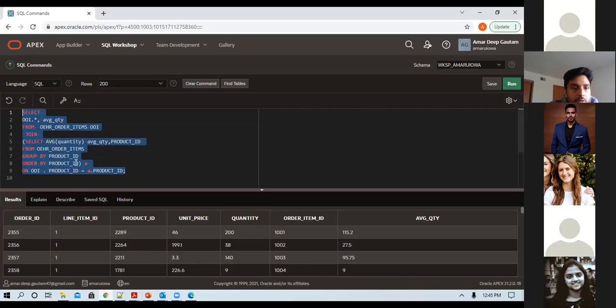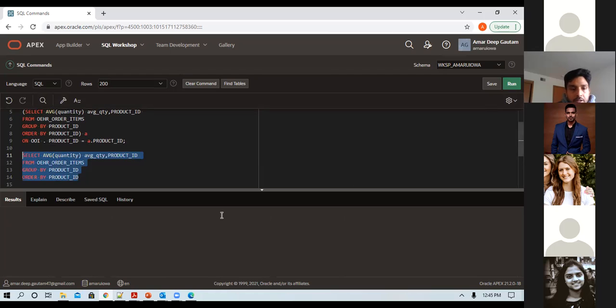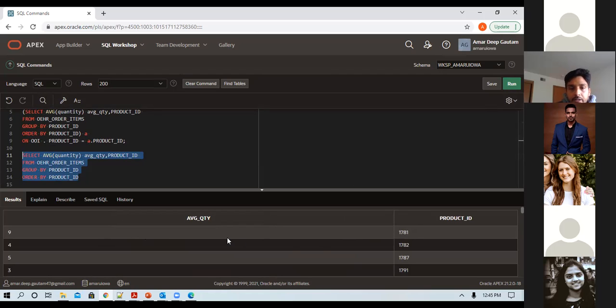This is what you would do to get me the product line information along with the average quantity, right? You will join, it's kind of a self-join, but on the basis of a temporary table or view that we create, and we'll join this, right? Right before this, we were getting only the product ID and its average quantity. For each product ID, I'm just getting one row along with the aggregate function results.